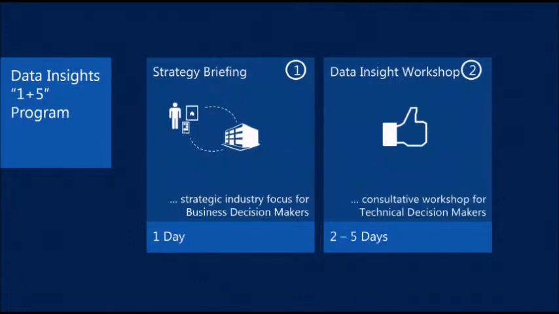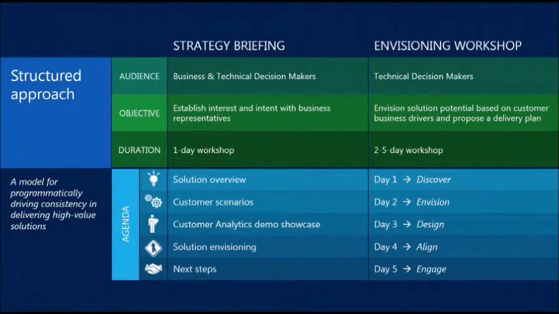And then an envisioning phase that is, let's figure out how we're going to do this. So let me just break this down a little bit. On the strategy briefing, your executives, your decision makers, your business support stakeholders come in, take a look at what we want to do, how we want to do it, what's the business value of the ask, and even exploring that with you if you don't know that answer. Let's go figure it out.